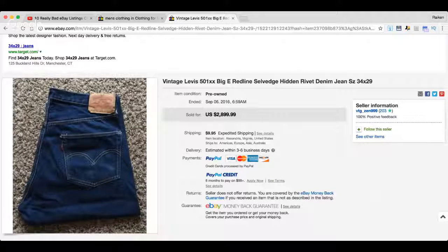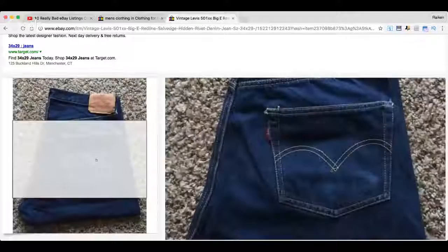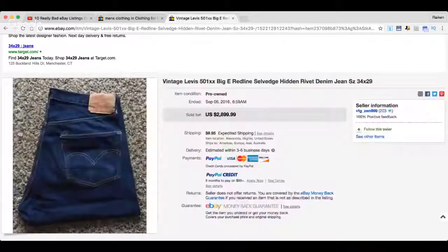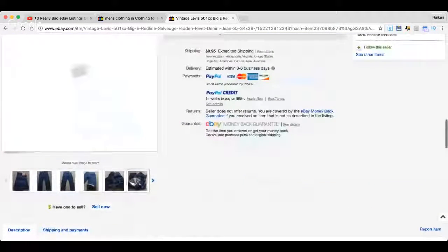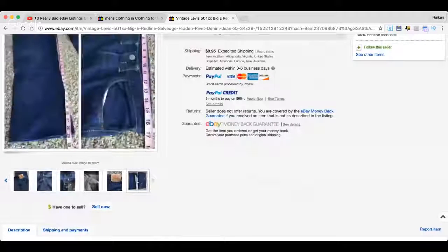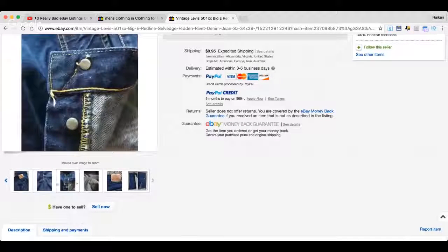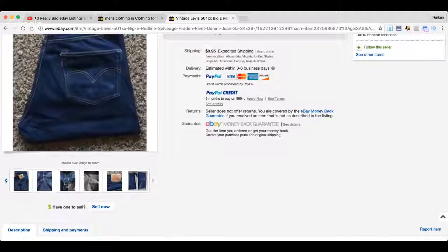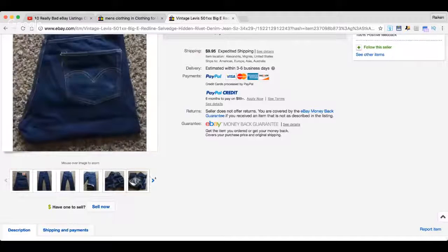What's so special about those Levi's? I think it's because it's 501XX. I think that's really rare right there. And I think it has a big E as well. Let me see if I could find it for you. You'd think they'd have the big E picture in it. Where's that big E? I thought the big E is usually on the tab. I don't know where it is. I don't know. Anyways,